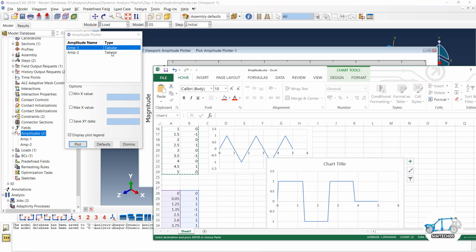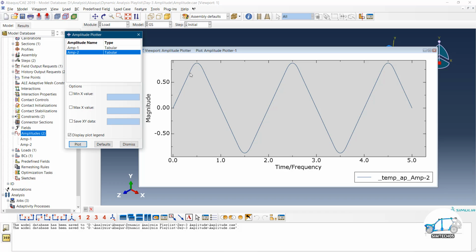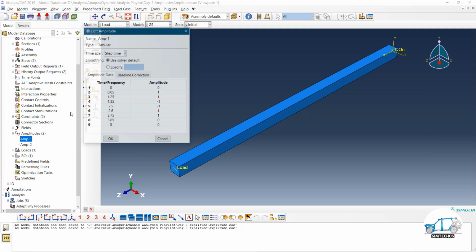And same for the second tabular amplitude. Here also by default we got some smoothness on the curve. This is due to the default nature of the tabular amplitude. What is that default nature? See, by default here the smoothing option is checked on and solver default is used. So if you want to define manual smoothing, like I don't want any smoothing, simply click on 0, or